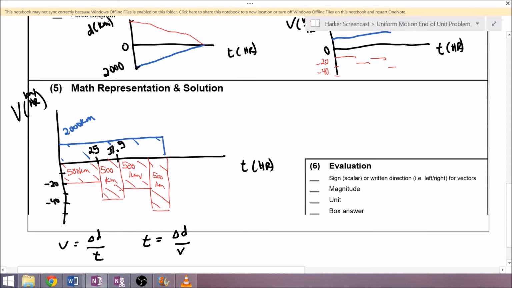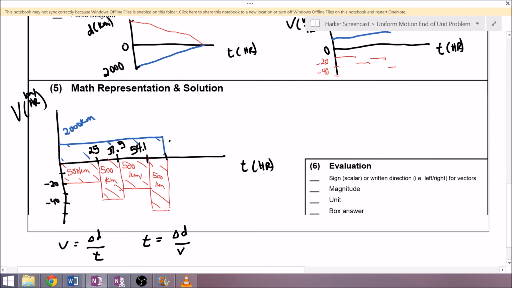So anyways, it's 500 over 30, which is 16.6, and if we add that to the 37.5 that we already have, up to the third motion will take about 54.1 hours. And then, of course, to go 500 kilometers at 50 kilometers per hour will take another 10 hours,